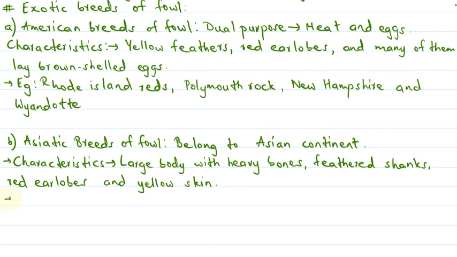So what are they used for? For egg and for meat purposes. The eggshells are light to dark brown in color. The important breeds of this class would include